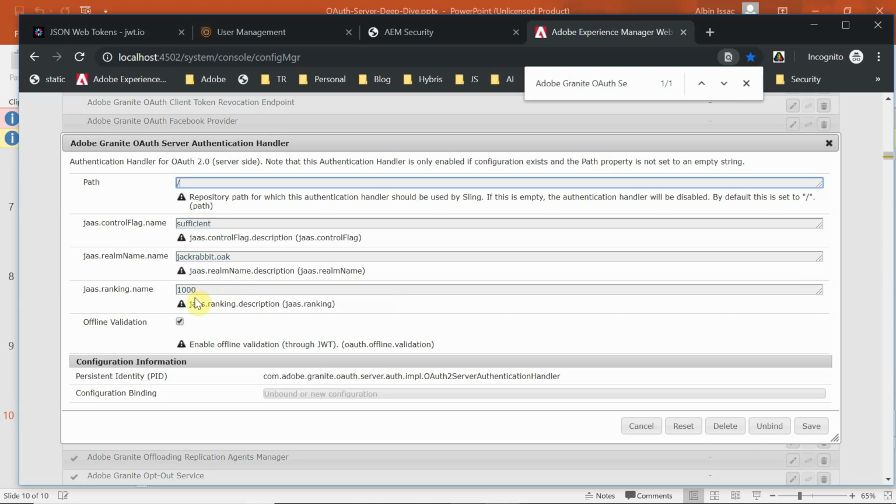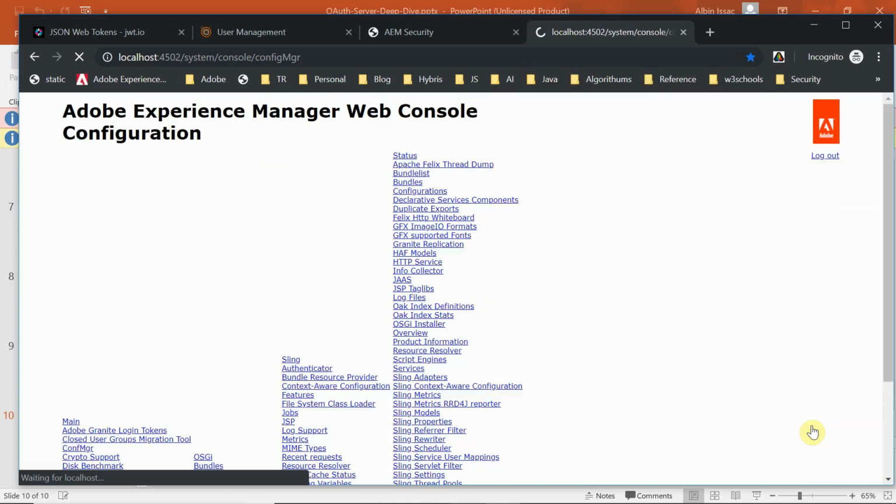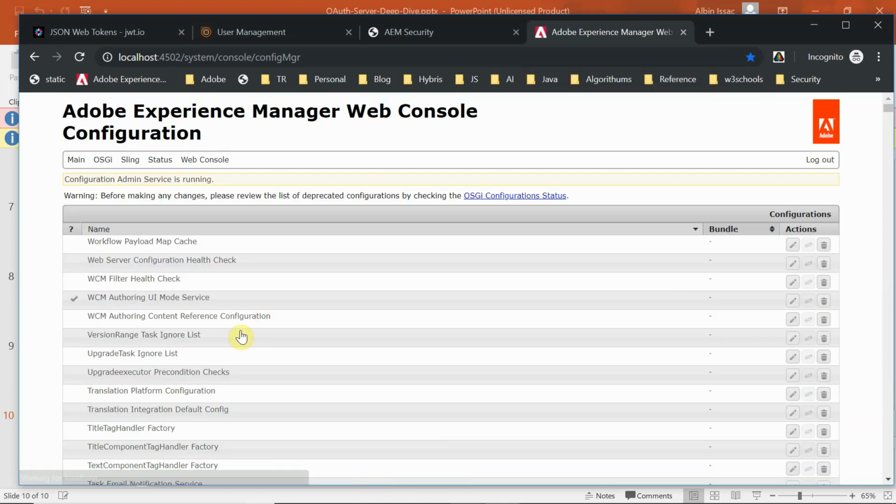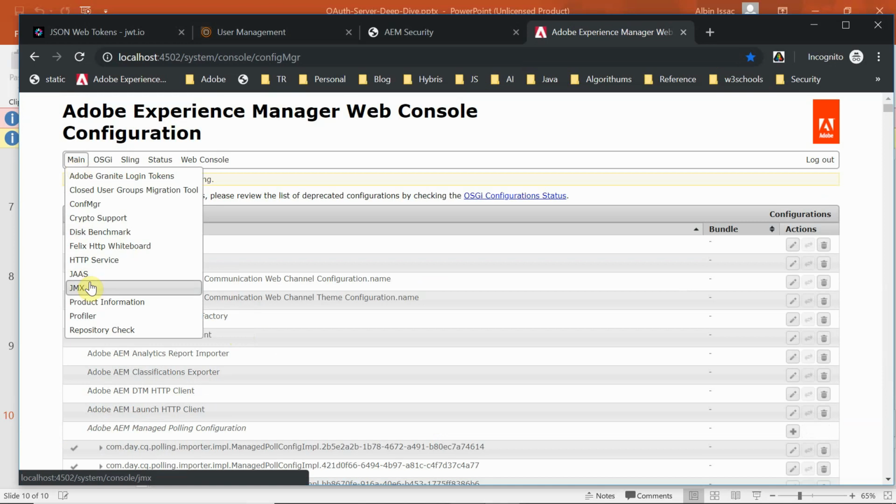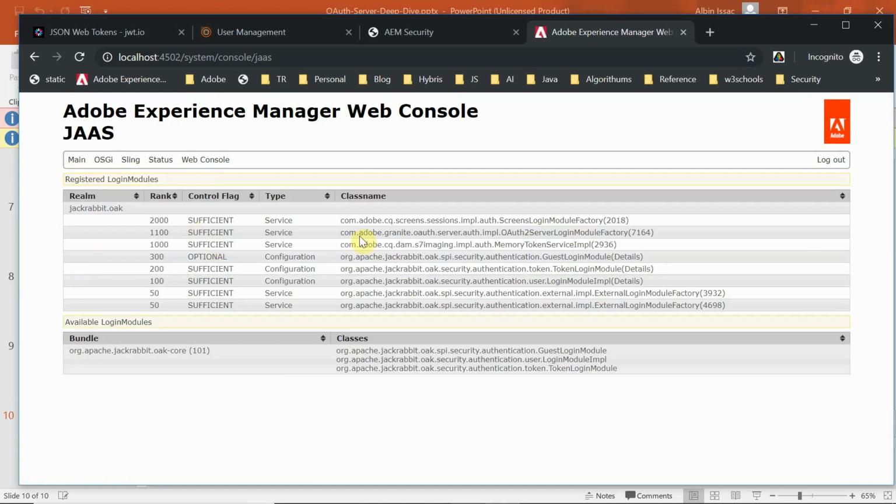Change the jaas.ranking.name to 1100 and save it. That's it. Now go back to Main, click on Jobs again. Now you can see this is enabled, the JWT server login factory. Yes, that is enabled.